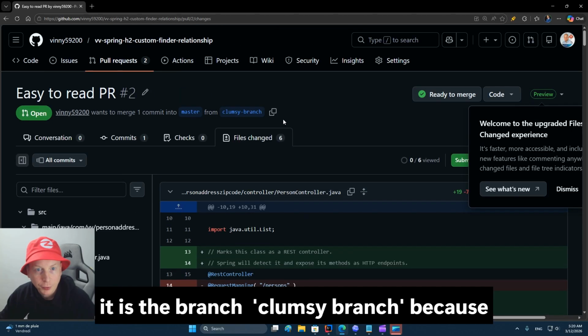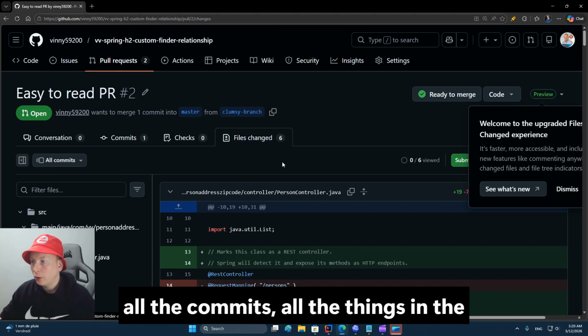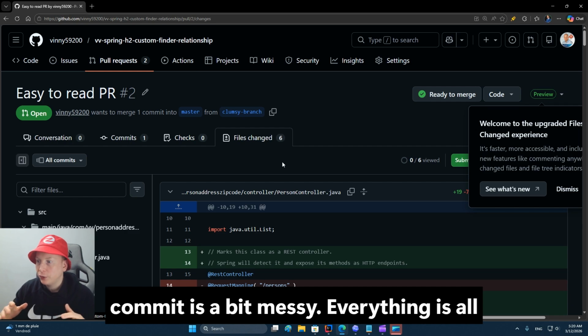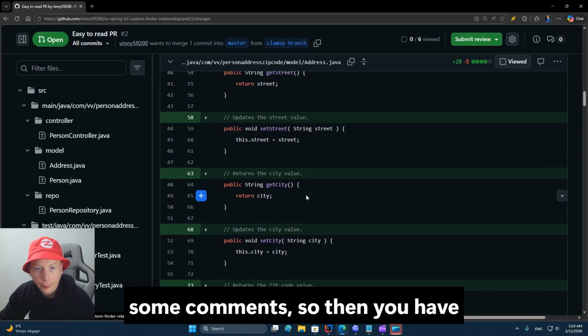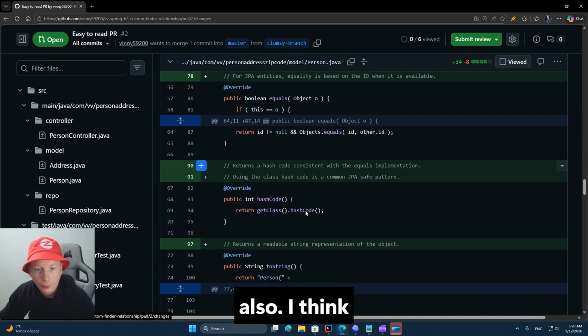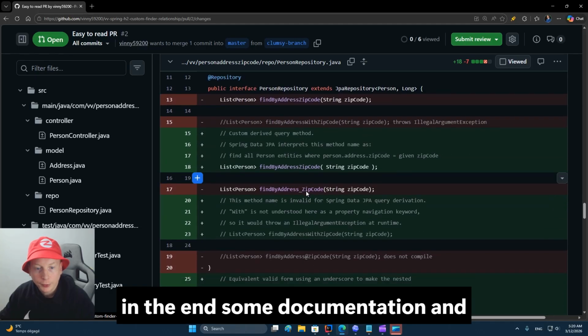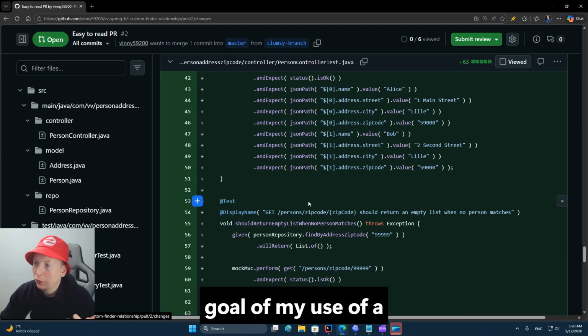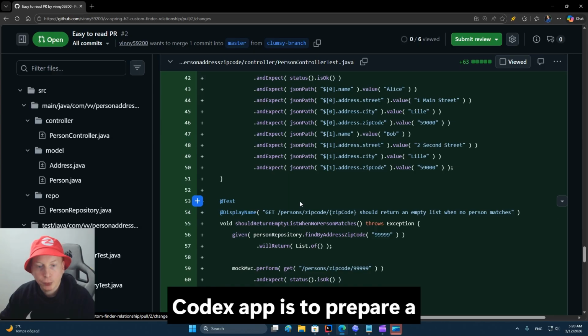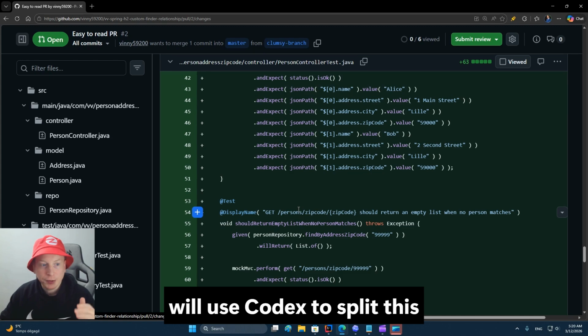You see, it is the clumsy branch, because all the commits, all the things in the commit are a bit messy. Everything is all in one. You have some commands, then you have also, I think in the end, some documentation, and then I added tests. And the goal of my use of the Codex app is to prepare a beautiful, easily readable pull request. And for that, I will use Codex to split this commit,